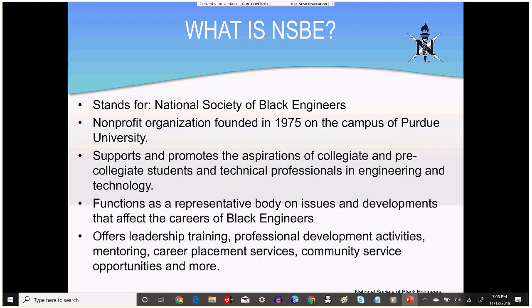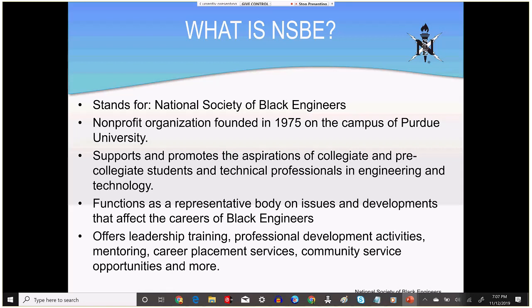So let's start off with just what exactly is NSBE. As you probably know, it stands for National Society of Black Engineers. The reason that it was founded is because on the campus of Purdue University in 1975, there were several black engineering students, and some of them were having some trouble with getting through the classes and other aspects of on-campus living.